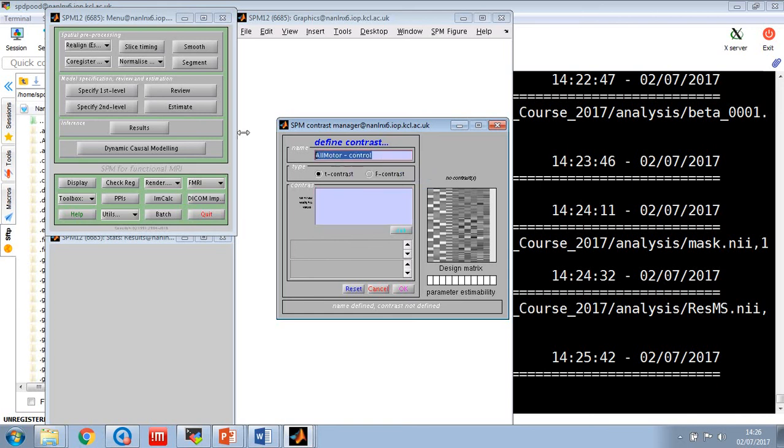Actually, no, let's do it the other way around. Let's do free minus control. So we're saying 1 times the free beta minus 1 times the control beta. Does that make sense? So we're subtracting, if we take the beta for control,